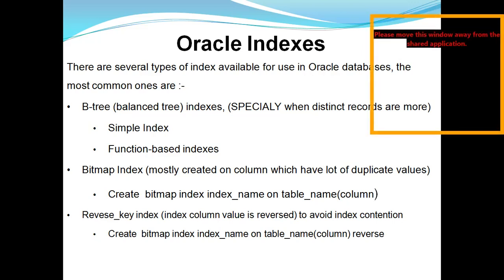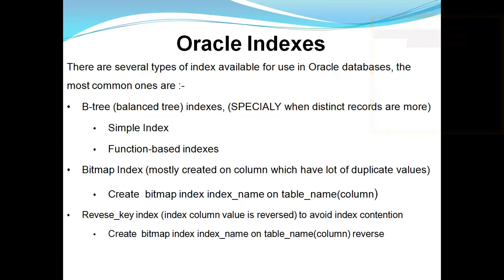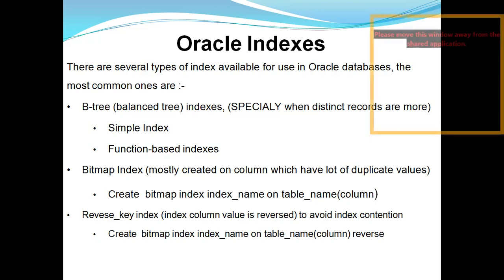B-tree indexes are further divided into two types: one, simple index, and second, function-based indexes. Second is called bitmap indexes. Bitmap indexes we have to create especially when your column has multiple or a lot of duplicate values. Very simple here. While creating an index, we use the keyword bitmap. Create bitmap index, index name on table name, and then you have to specify the column for which you are creating an index. And